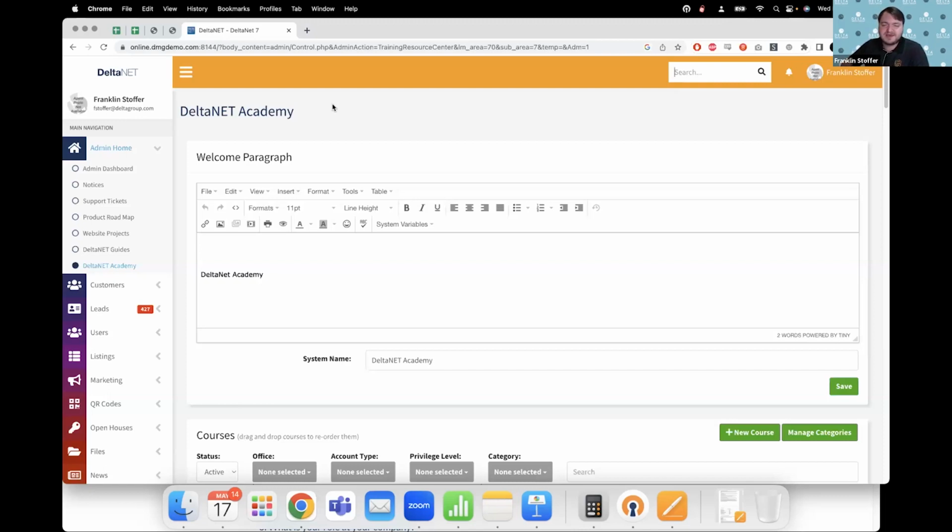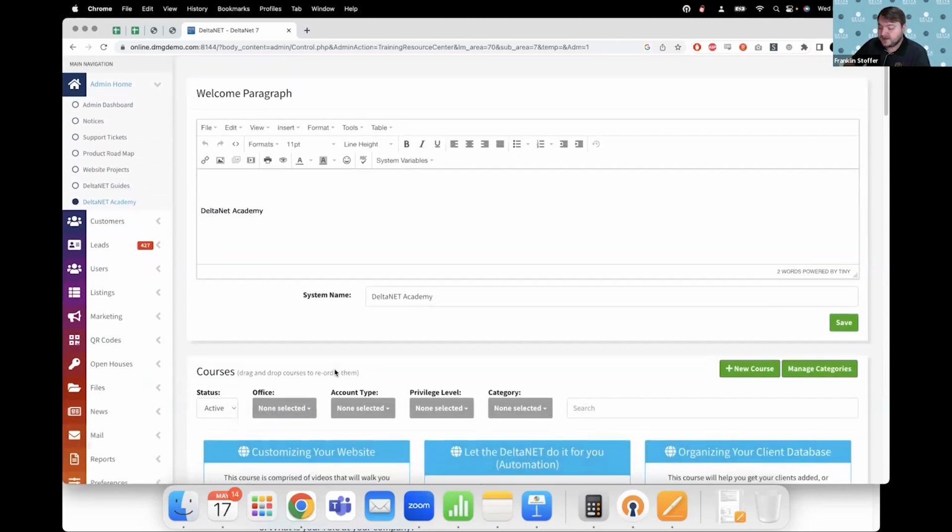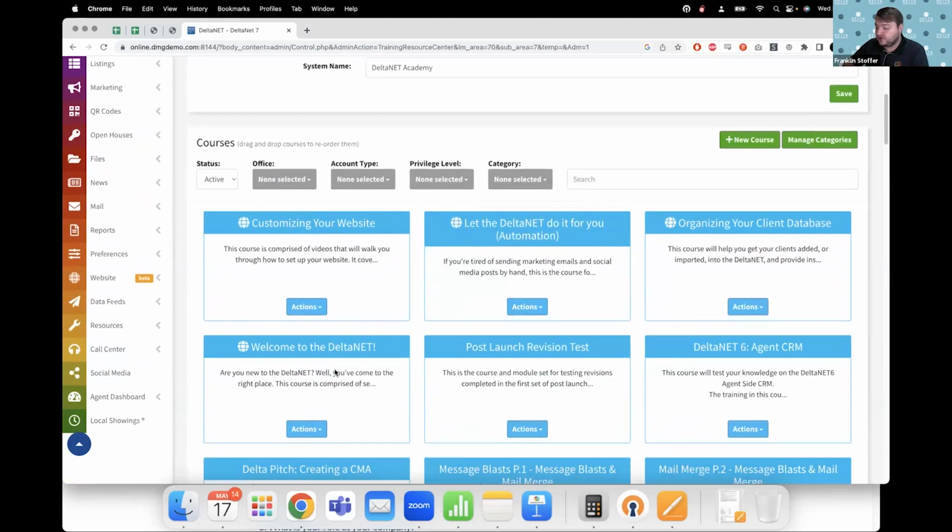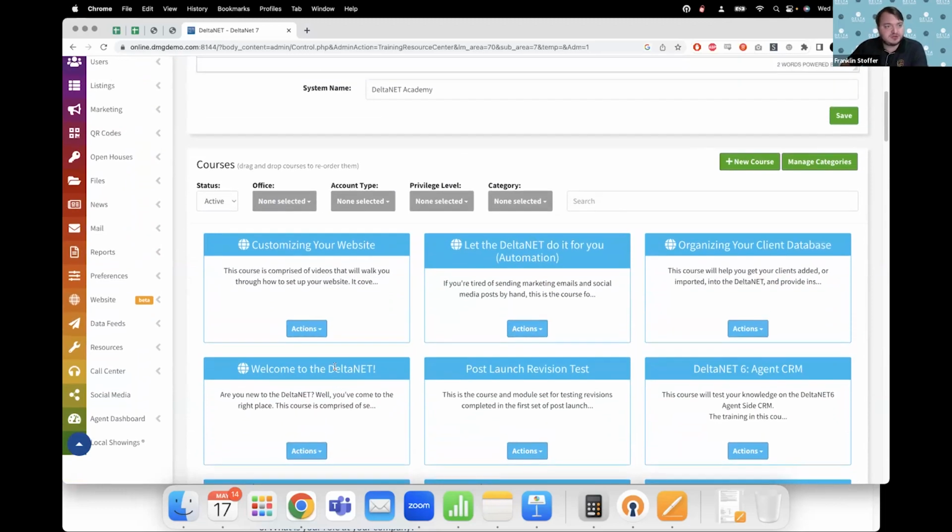And DeltaNet Academy has things like reminders and to-dos tied to it so that if, as an office manager, you assigned a course to an agent, you have automated reminders that let you know when that course has actually been completed, or if an agent is overdue on that course. The admin side under Admin Home, DeltaNet Academy, is where you can go to actually build your own DeltaNet Academy training courses. So not only do you have the ones available out of the box that we've included,